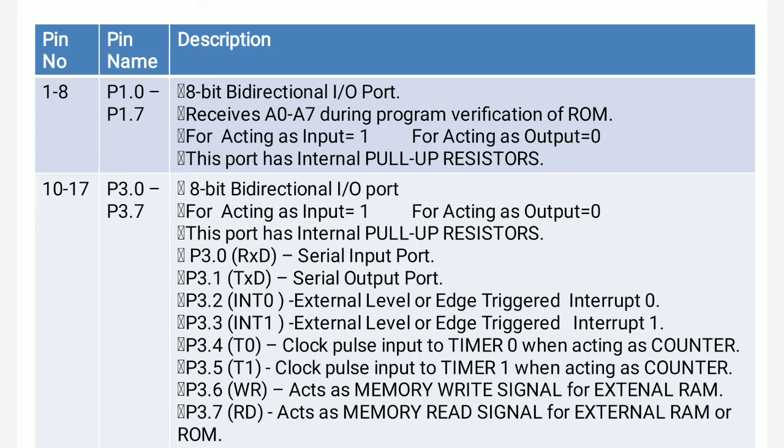And again, the same function is there. Internal pull-up registers are also available for port 3, that is port 1 and port 3 both have internal pull-up registers. So it is not mandatory to interface pull-up registers externally while using the port mostly as an output port.